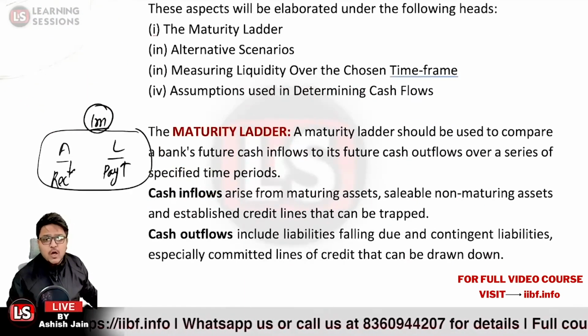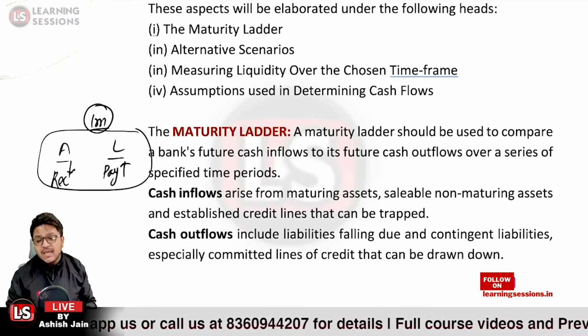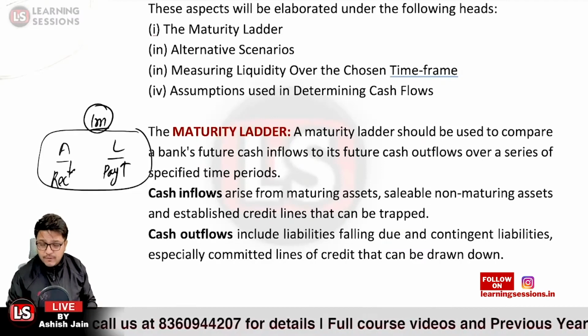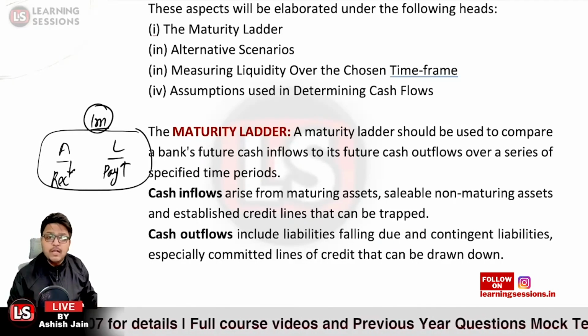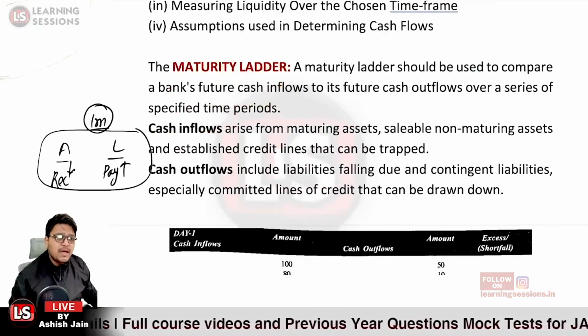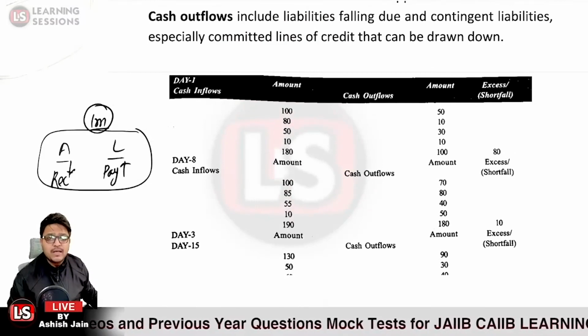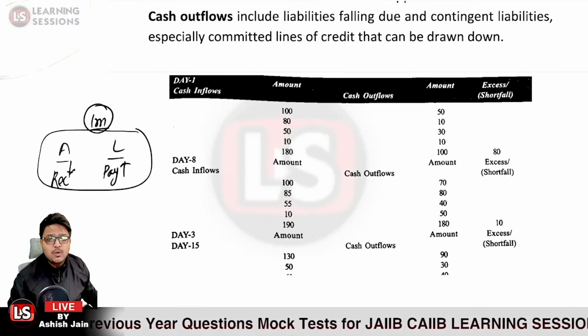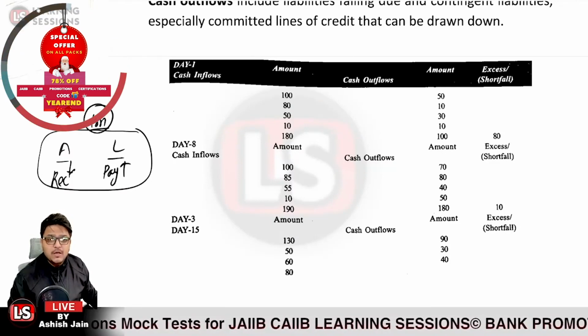And if we look at the cash outflows, that is the amount that is to be paid after maturity. Let us take the case that your fixed deposits are going to mature in that particular one month. In that case, those will be related to your outflows. Is that clear? And further, let us have a look at the picture over here, which is related to the cash inflow and outflow, the maturity ladder.